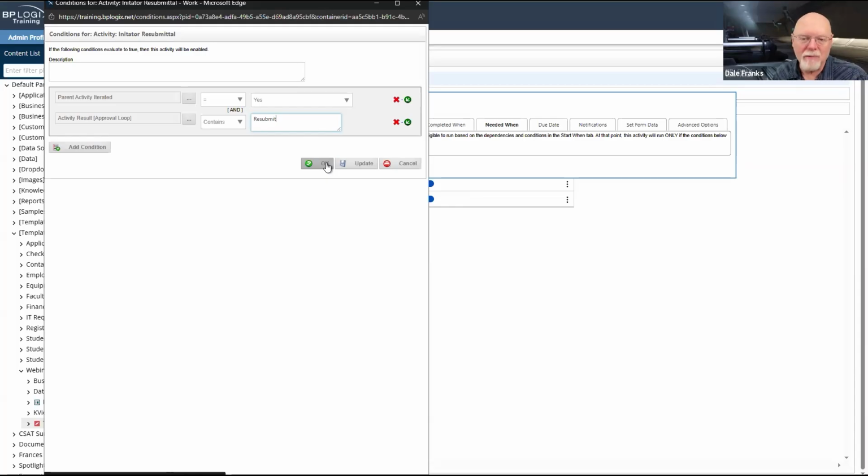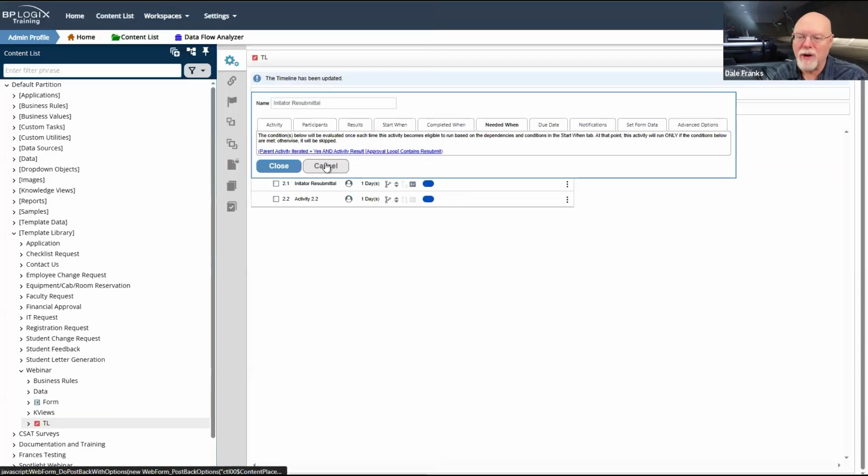So if the activity result for the parent activity is resubmit, or if any child activity is resubmit, it restarts the loop. And if the last result was resubmit, then the result of the parent activity will also be resubmit.